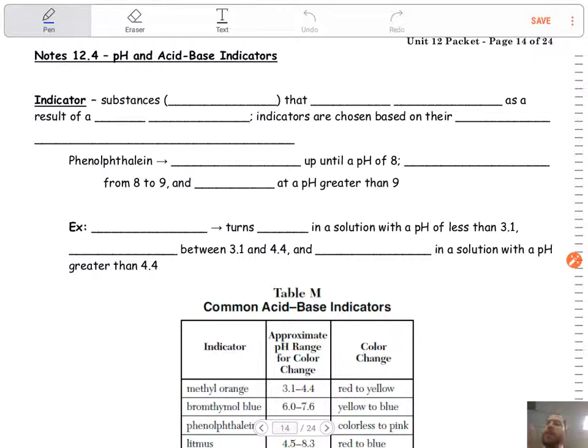Indicators will change color. They're substances, which typically are weak acids. And most of them, guys, are natural products, so they actually are derived from plants, and then there are certain compounds in those. Next week in lab, when we do our household acid base lab, you guys are actually going to make an indicator. You're going to do an extraction, and then you're going to go through the whole process of making one. So these are substances, mostly weak acids, that change color